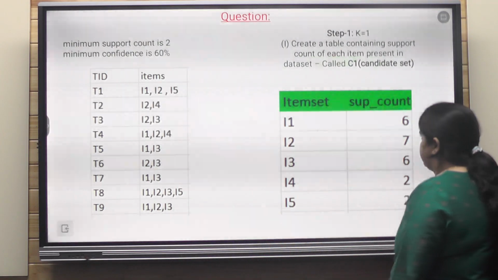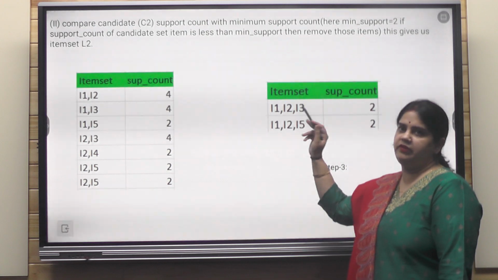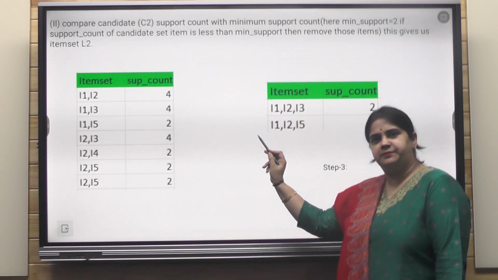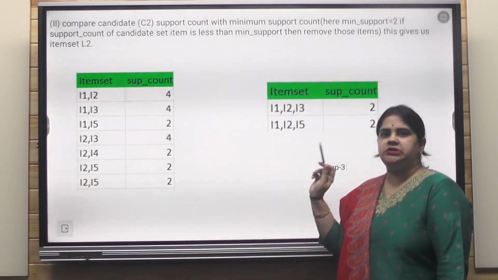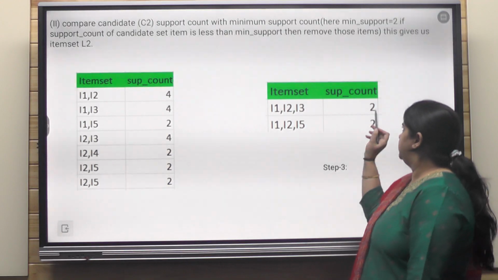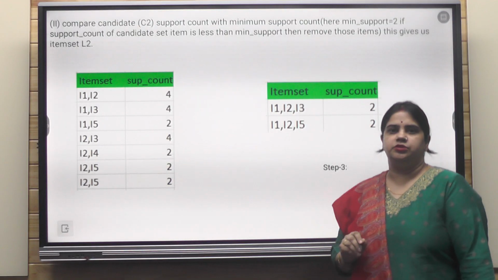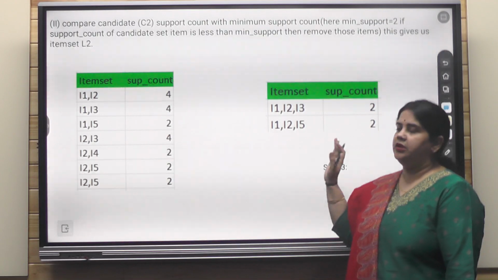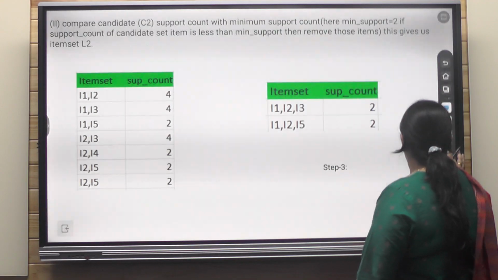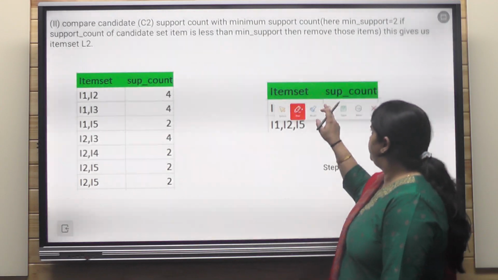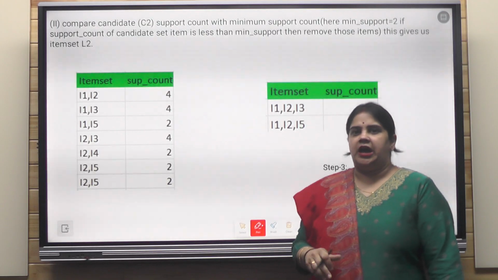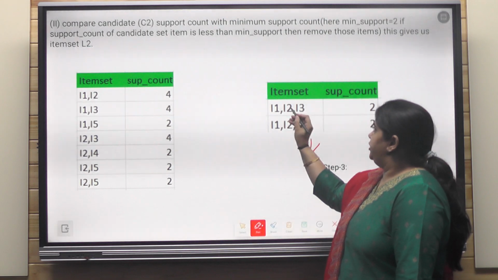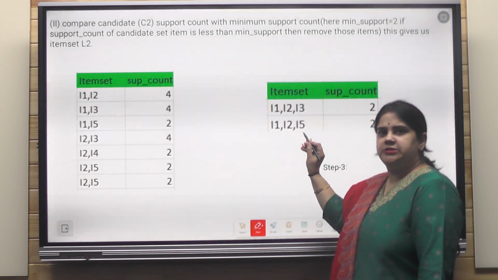So for each subset of length 3, we'll find that. Now why have I written these 2 here? Because these 2 subsets, these 2 bucket lists, are the only ones ensuring me the support count of 2. Now class, what we have seen here is that we have created the 3 candidate sets, and at the same time we have created the prune set also. Now we'll see, are we going to stop here? No. So we will see that 1, 2, 3 and 1, 2, 5 are the elements which are giving you